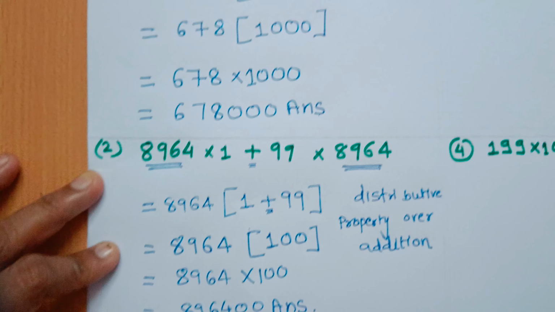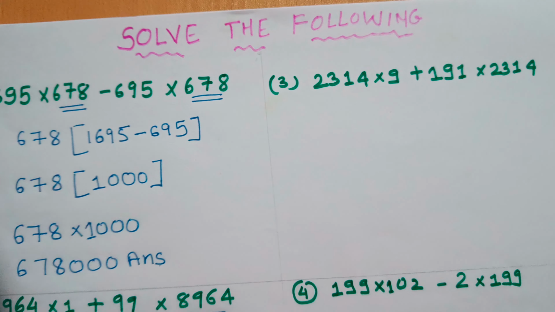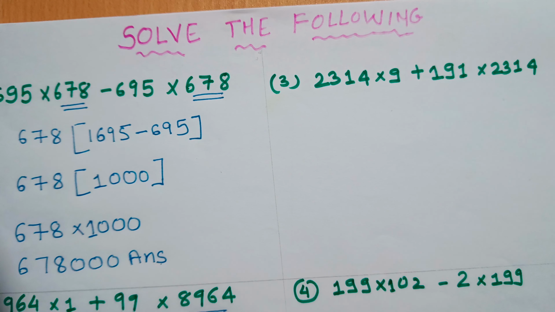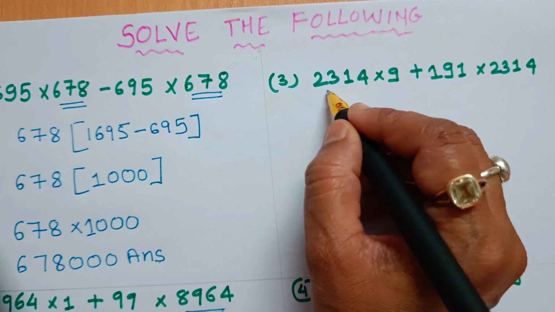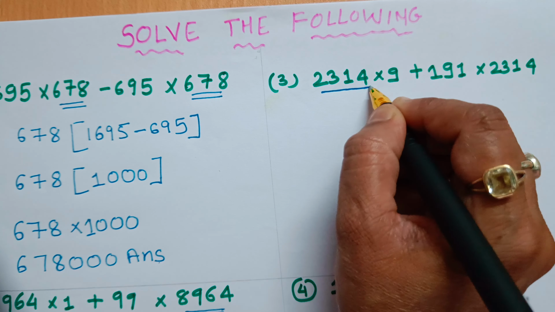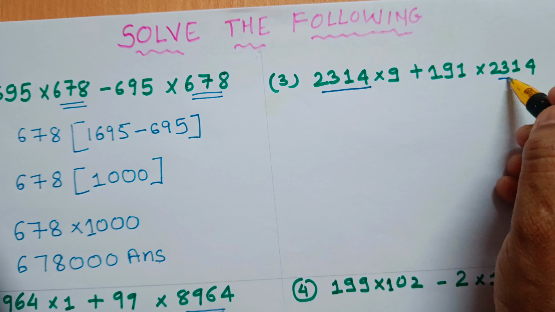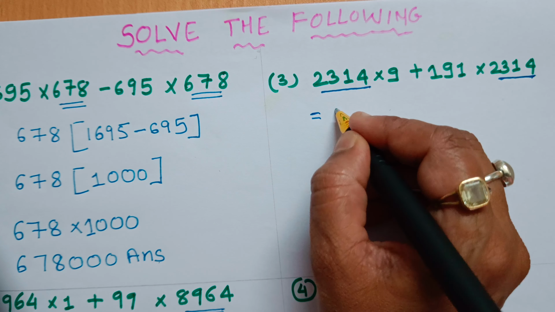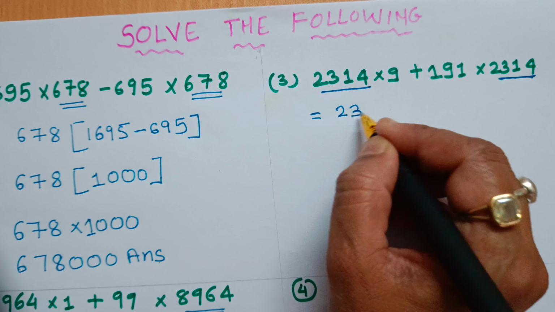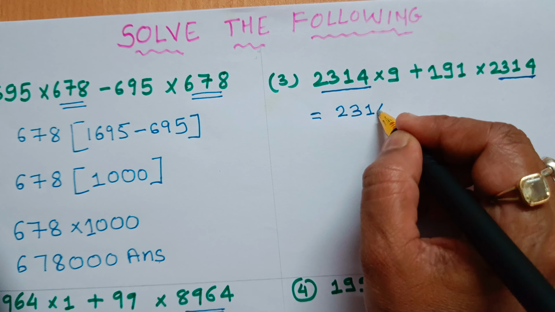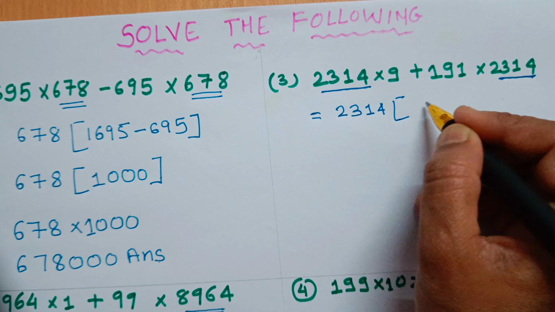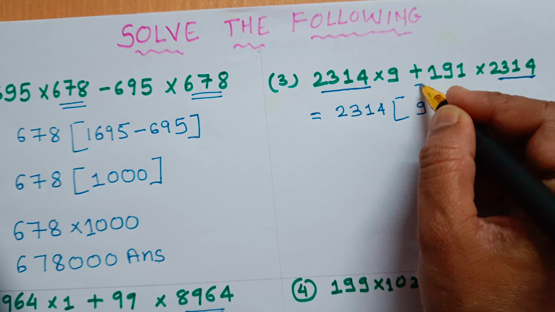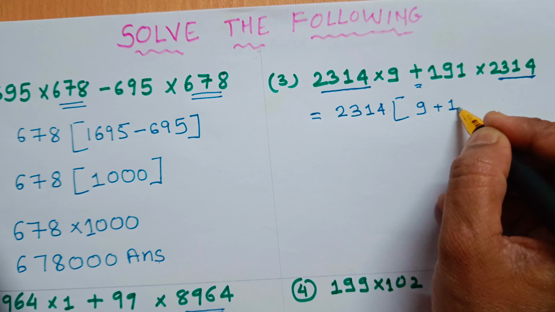Now we solve the third problem. Here the common number is 2314 and 2314 in both terms. Therefore, now we are taking the common 2314 in bracket, 9 plus 191